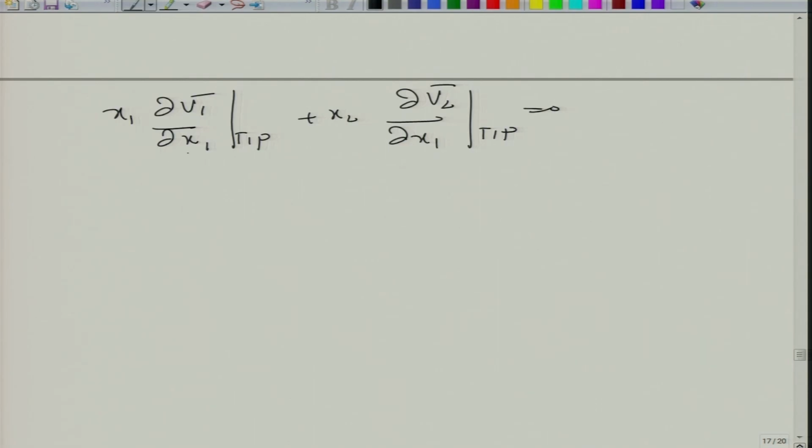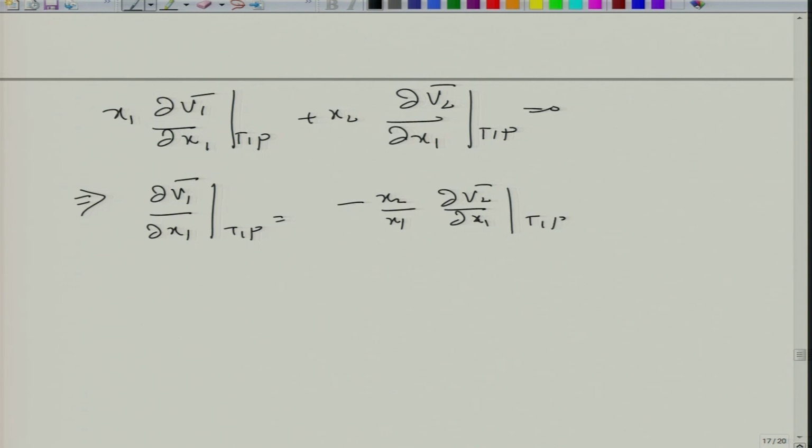So, now we have the expression already, and I can use this expression of V2 in order to obtain it, but let me just first rewrite this as del V1 by del x1 at temperature and pressure, this is minus x2 by x1, del V2 by del x1, okay, and here I can plug in the expression. So, I get minus 1 minus x1, and this I can write as